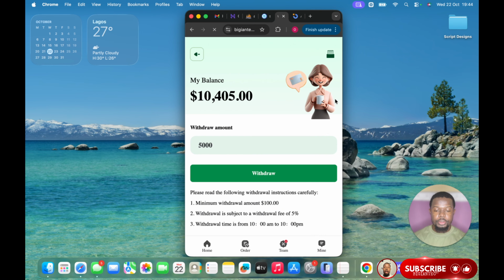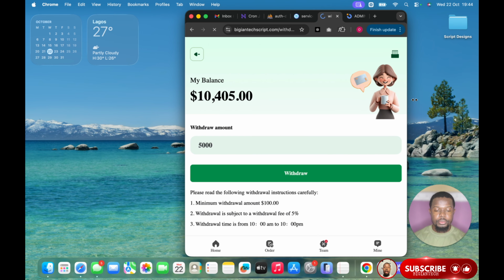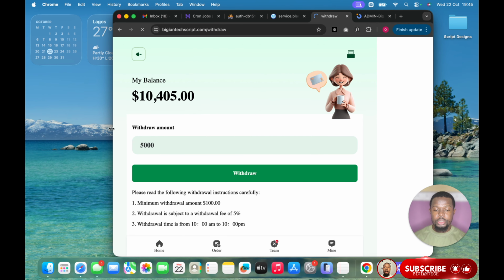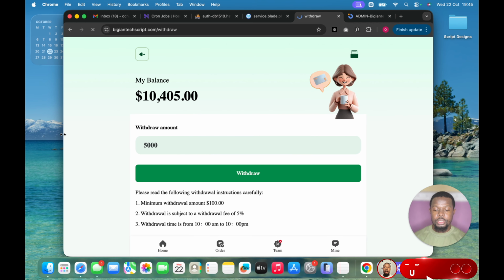As you can see, withdraw is loading, so I just want to show you guys. Withdraw sent successfully. Once the user clicks on the back section here,